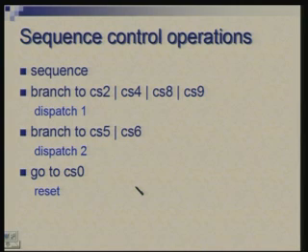These are the 4 possibilities that you follow a simple sequence. In one of the instructions, in one of the steps, we are branching to CS2 or CS4 or CS8 or CS9. That's one branch point. We call it dispatch 1. So, in microprogram terminology, a multi-way branch like this is called dispatch. There is another point where we are branching to either CS5 or CS6. So, let us call that dispatch 2, and there are several states where we are going to CS0. So, let us call that reset.